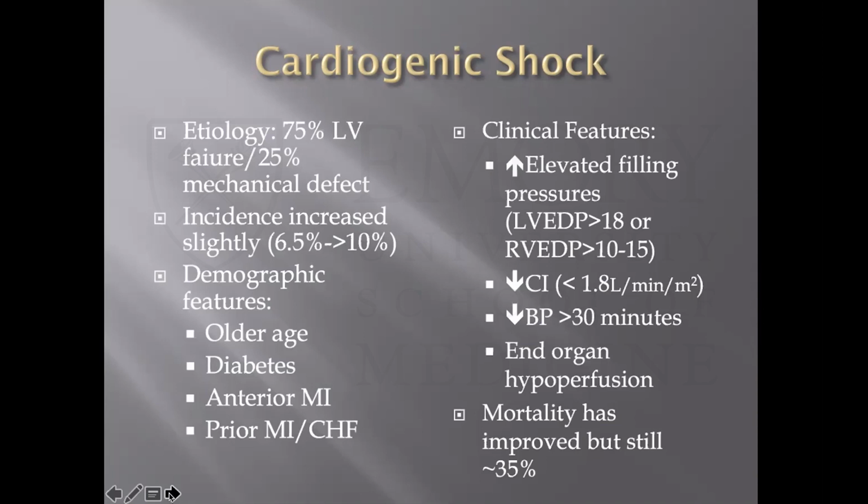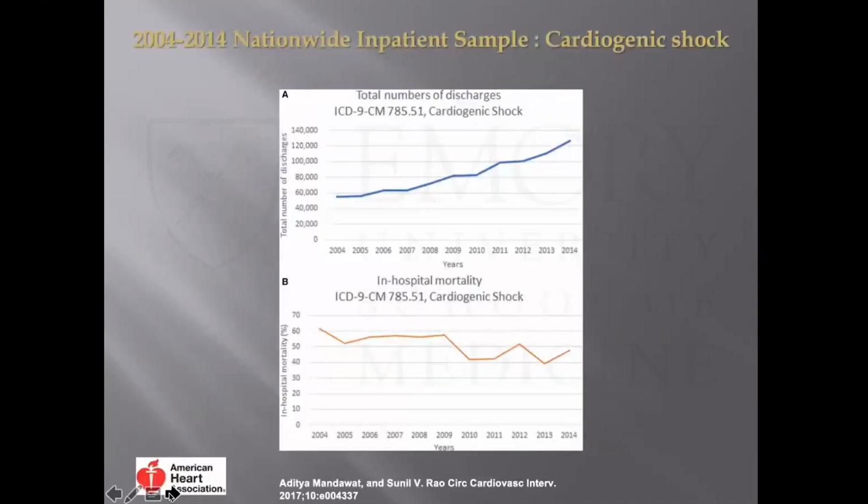Blood pressure lower than, lower than 30 minutes. We've done better, but these patients still carry a very high mortality rate overall. So we're trying to be much more aggressive in recognizing this earlier and putting into place all the interventions to keep them from going down this vicious cycle. As you can see here, overall, we're seeing more of this. This is kind of older data now, but mortality, maybe we've done a little bit better, but not by huge leaps and bounds.